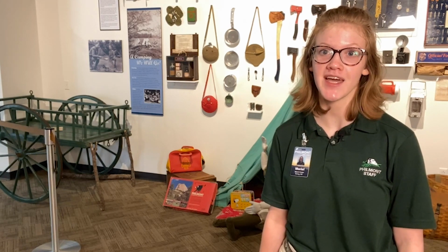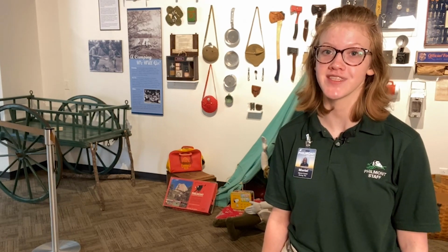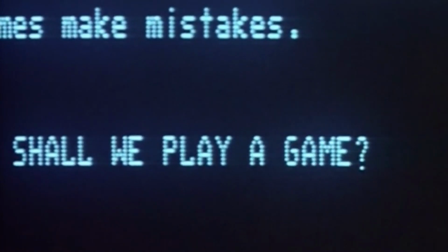Board games inspired by Scouting have been around for almost as long as Scouting itself. Shall we play a game? On this edition of Artifact of the Week,